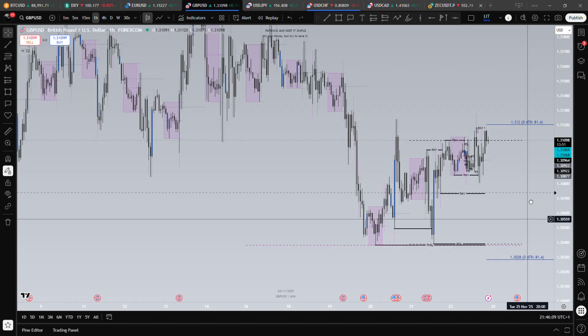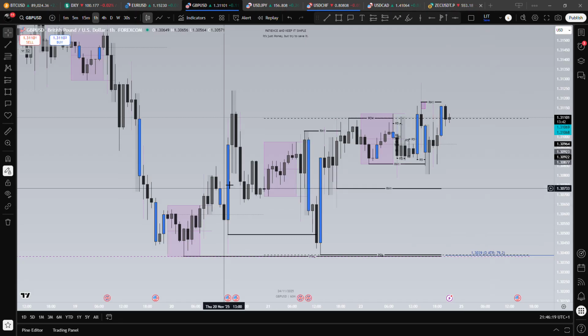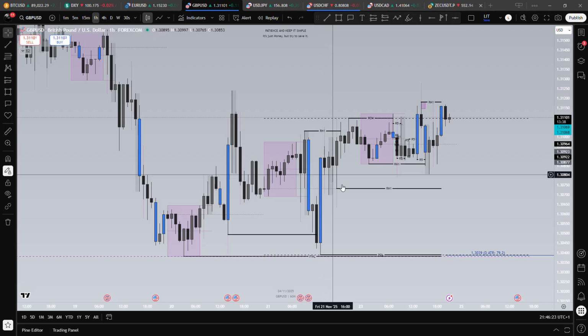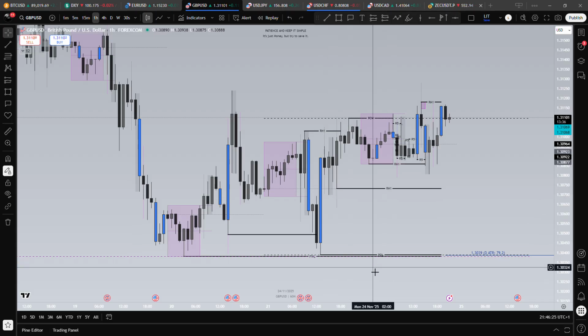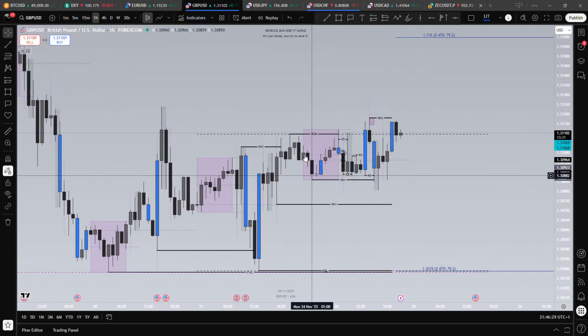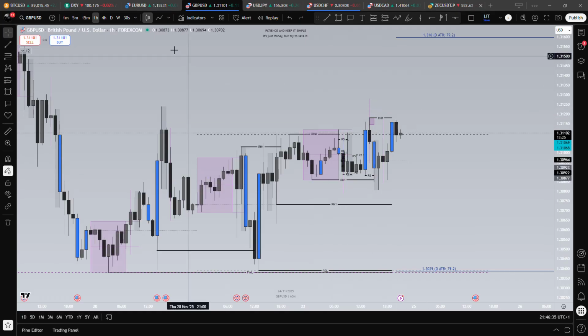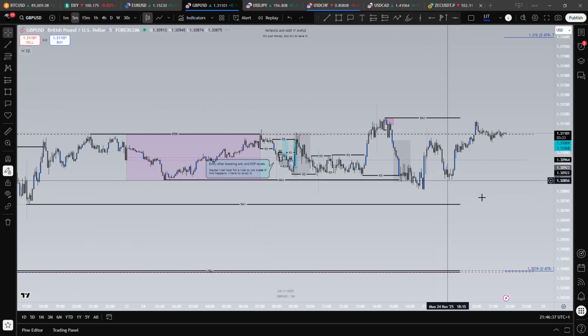GU was probably the most interesting pair today. We had multiple continuation trades, or maybe one at least, and then I was looking for a reversal trade. So we had this break to the downside, leaving this round liquidity in H1, and of course previous daily low and previous weekly low. And then we had the previous daily high and the round liquidity on H1 that took the previous daily high, and then the other round liquidity in H1. Okay, so